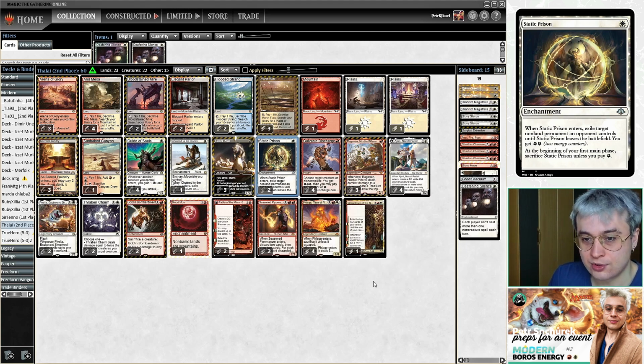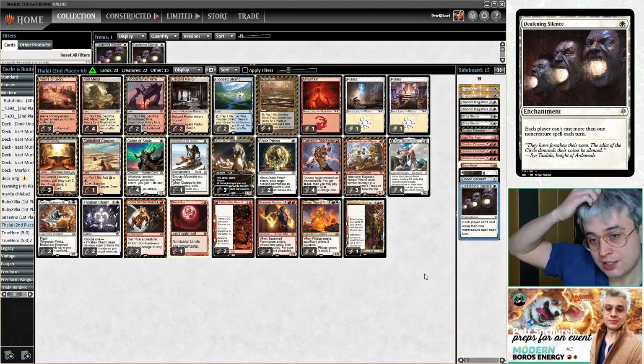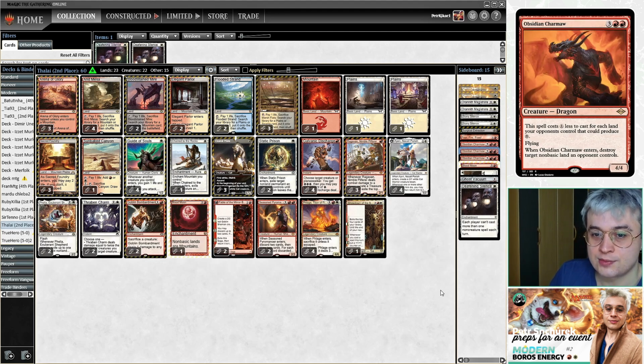As for the sideboard, I added a Deafening Silence. It's even possible I should be playing 2 copies. I was struggling against the combo decks a little bit, and this is really good against them. You know, you have the Breach deck, you have the Storm deck, and Deafening Silence is extremely good against those. So I added that. I also added a third Chermo, just because the Eldrazi decks are probably better than people have expected,